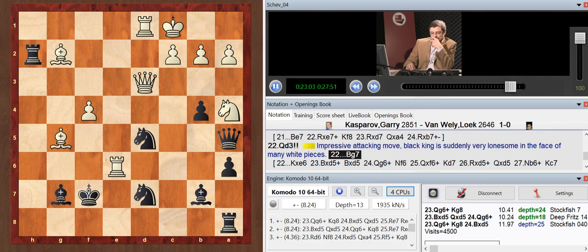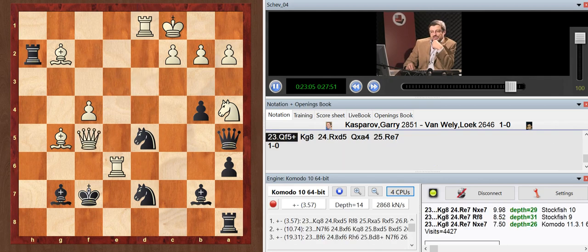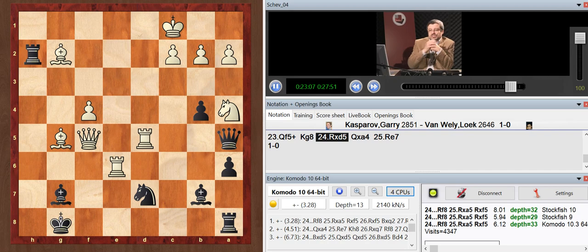That's why black decided to play bishop g7, but after queen f5, rook d5, all the white pieces are playing to their maximum, and rook d5 is, of course, even stronger than the bishop d5 move, and white pieces are simply getting closer and closer to the black king.